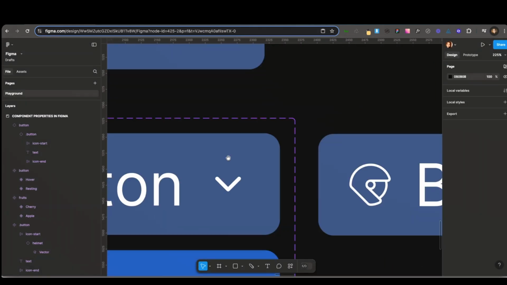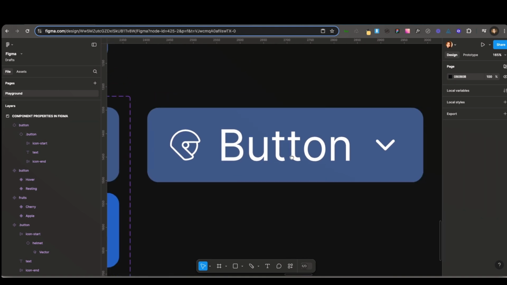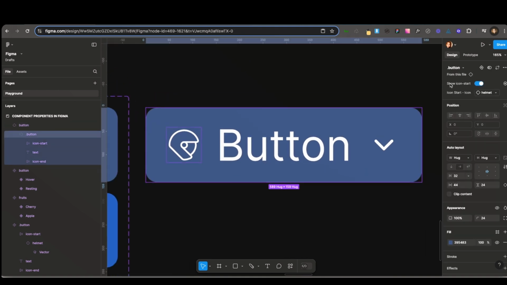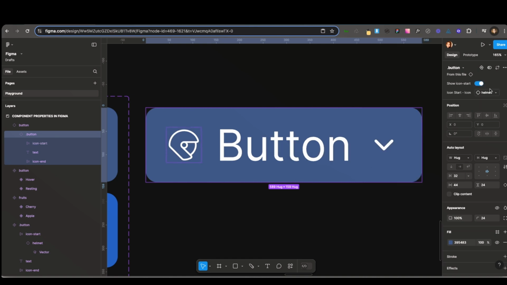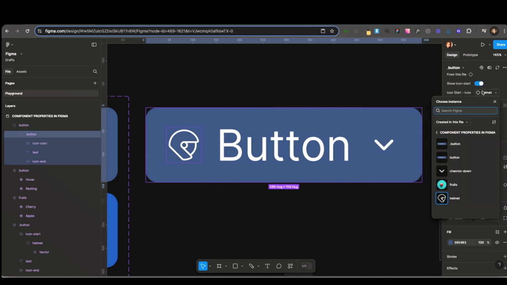Now, if I go back to my instance of the component, double click, I can see now I can show the icon. And Figma is smart. It knows that when it's actually false, when it's not showing, then the icon swap is not relevant anymore. If I toggle it on, obviously now I can go fish out different things from different libraries. In this case, I can take it, I can swap it out for another chevron, for example, or just go